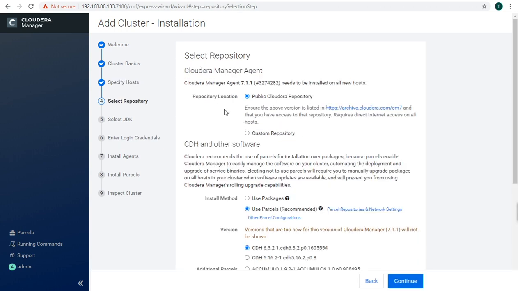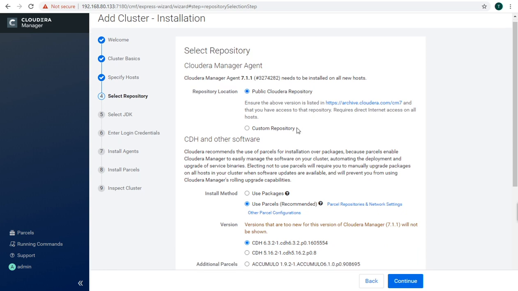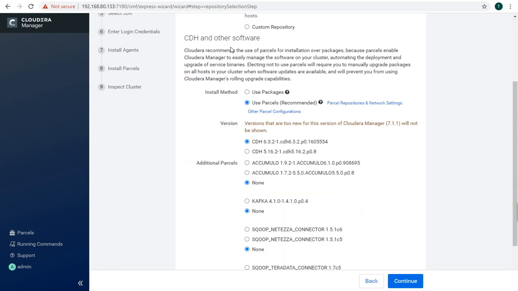And here we have two options to select a repository. Either we can use the public Cloudera repository, or we can also use a custom repository. Here we would be using the public Cloudera repository, and for CDH and other software the installation method we would use is parcels.